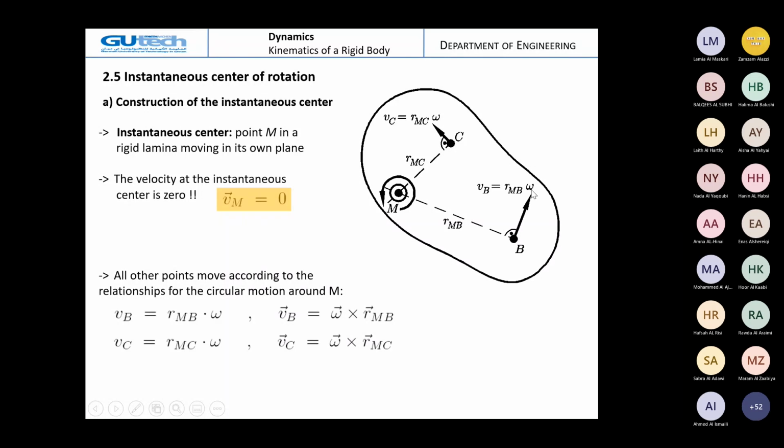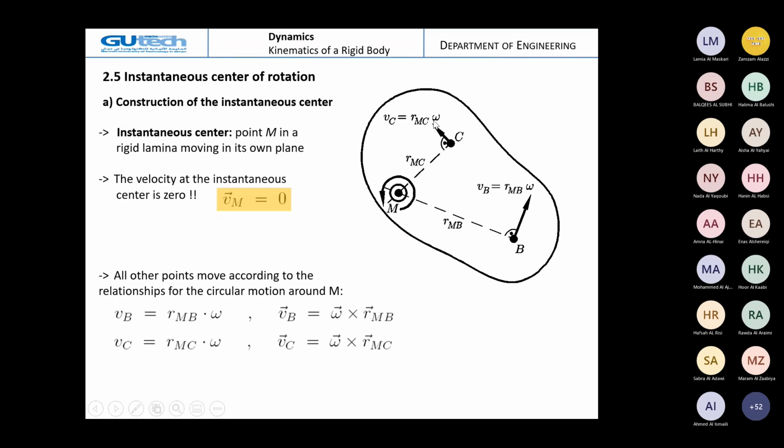Because we know omega, the angular velocity, and the angular velocity for the whole body is the same at any point. Now, if we want to know Vc, it's only the distance RMC multiplied by omega. You remember we said in the formulations that to determine the velocity of any point, it's only the vector r cross